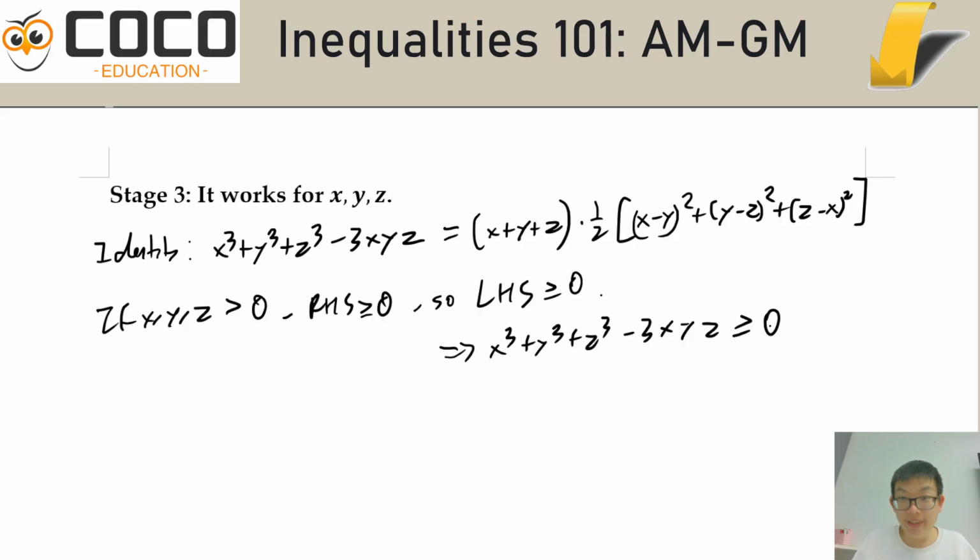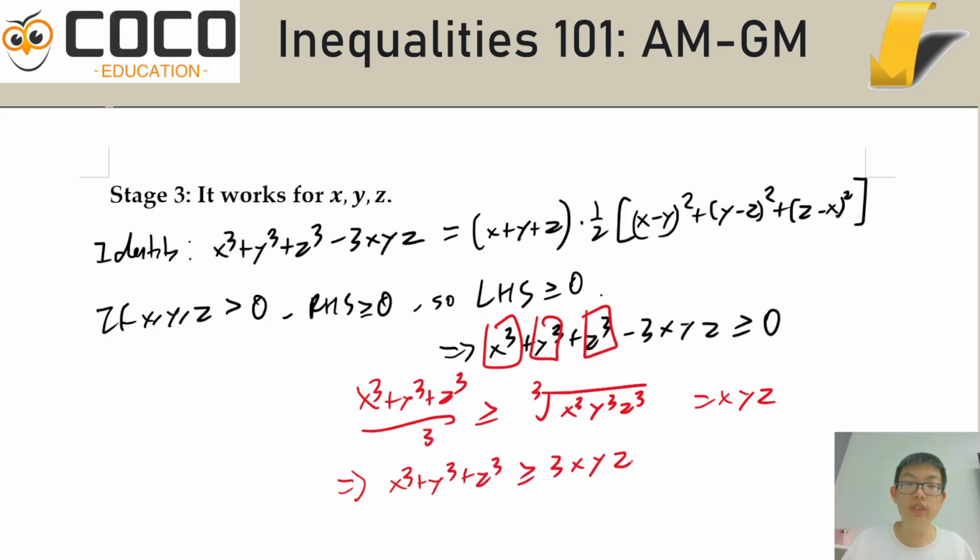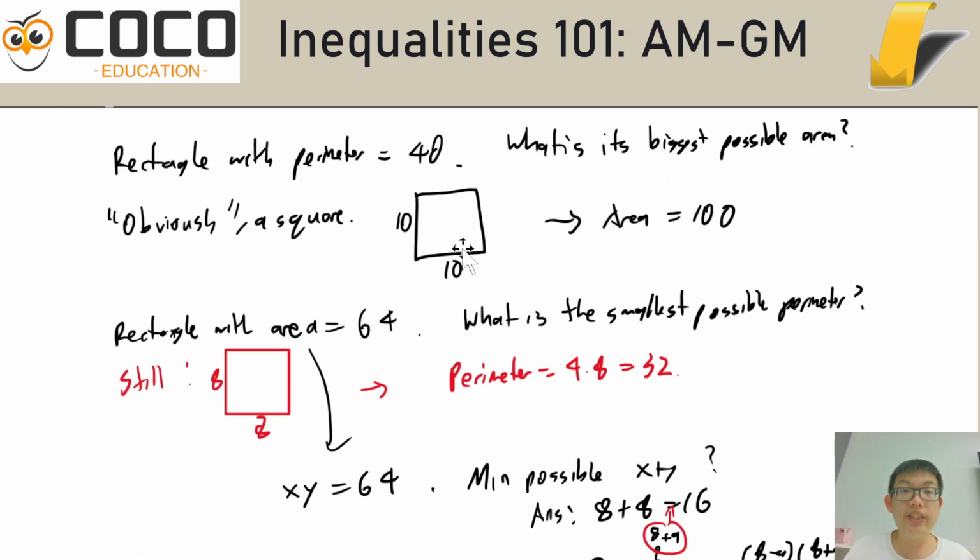This, my friends, is also AM-GM, because if you apply AM-GM to these 3 guys, the arithmetic mean, the geometric mean, lo and behold, it says the same thing. In other words, AM-GM is just doing a more extended job. It can handle more than 3 variables. Even when it handles more than 3 variables, it makes perfect sense.